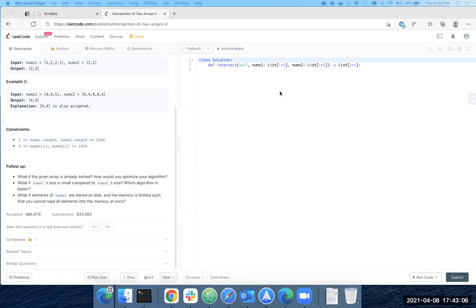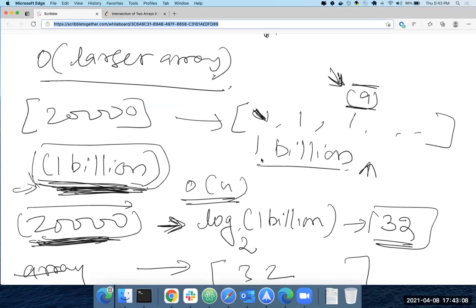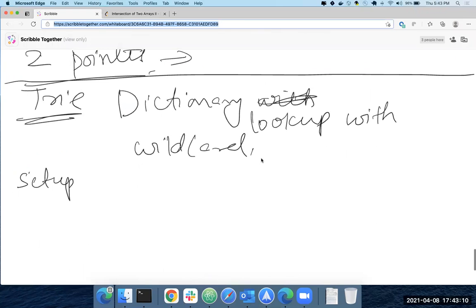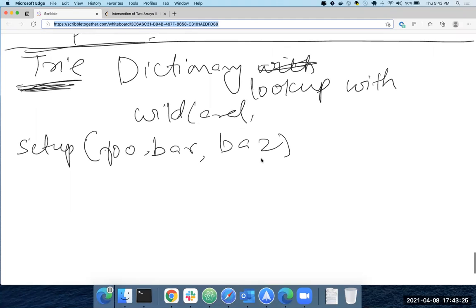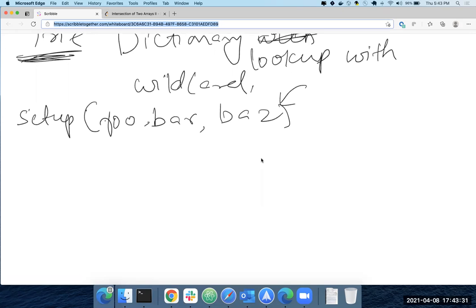Okay. So right now the question we are doing is dictionary lookup with wildcard. You'll be given a list of words, let's say foo, bar, and bear. Basically this is related to trie. If you're given a list of words, the first thought that comes is trie.